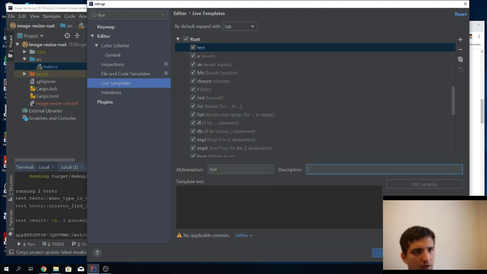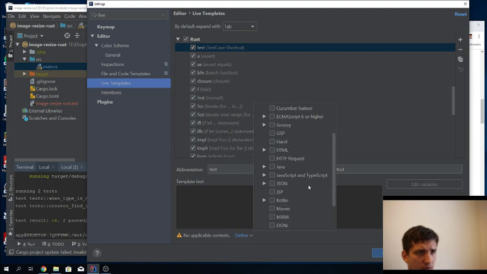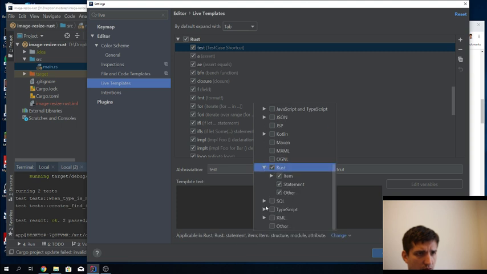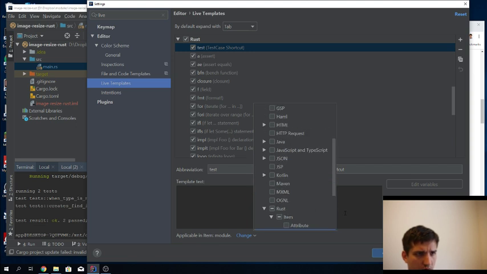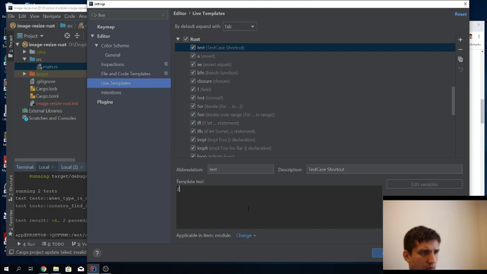I have the same thing, a test case shortcut, in my PHPUnit. So applicable context. Context is in Rust, and it is inside of a module, I think. Yes, it's inside of the module, and then I'm gonna define it as test, I think. Yeah, so it's the right annotation,